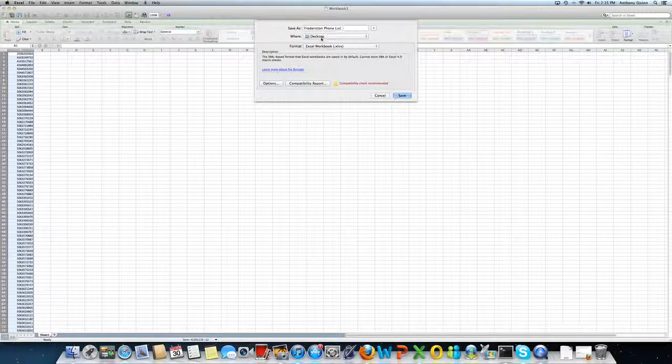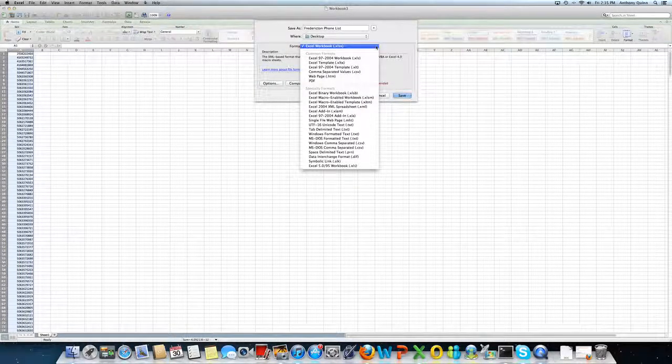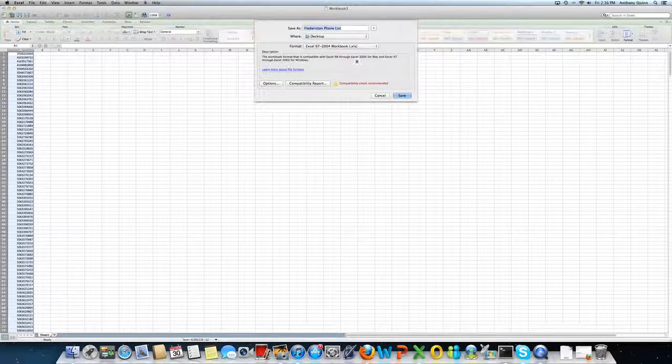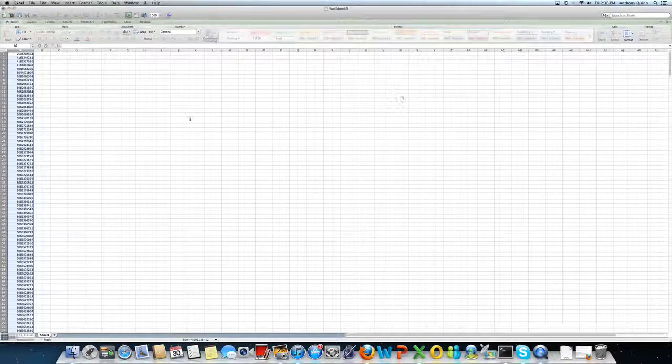Save it on my desktop. And the format, I have to save this as an XLS format. Prime Contact doesn't use the latest version of Excel, so we have to downgrade it to an XLS format. I'll save as XLS, and now I have